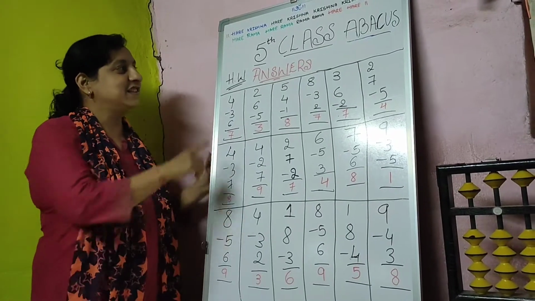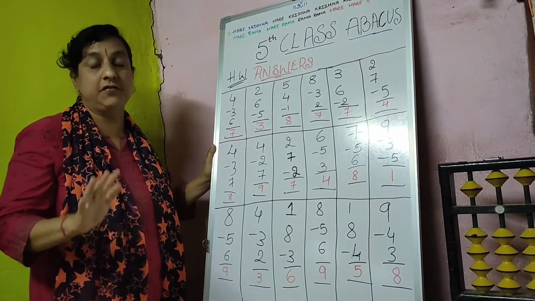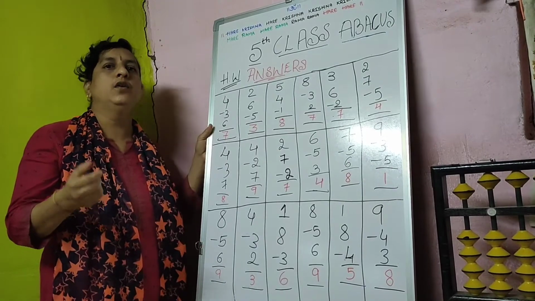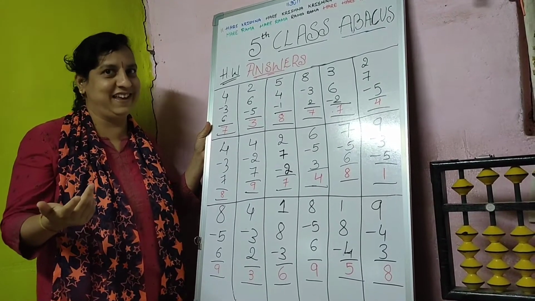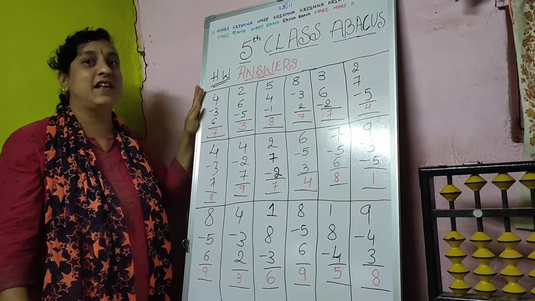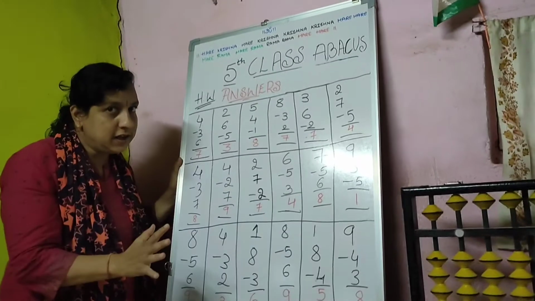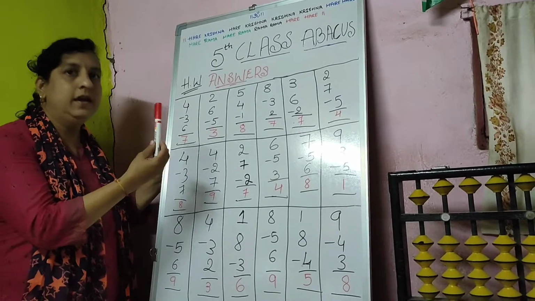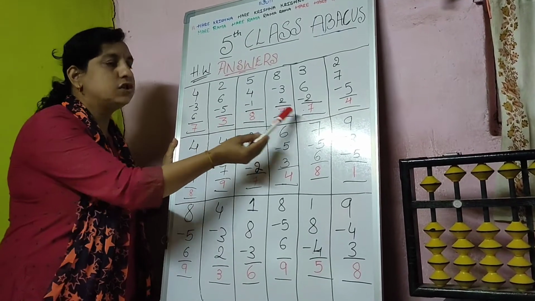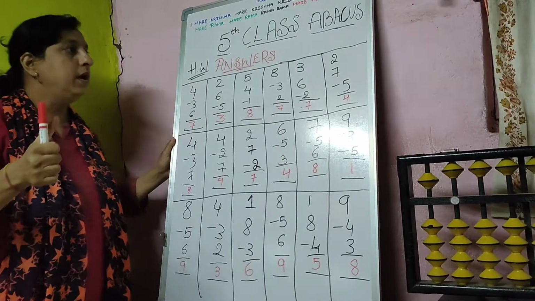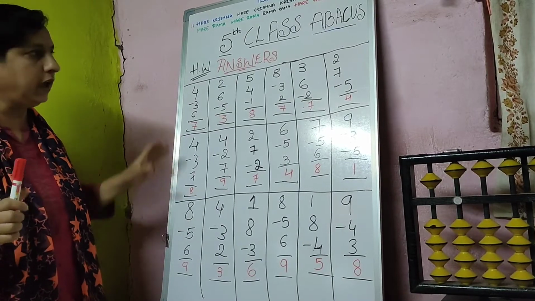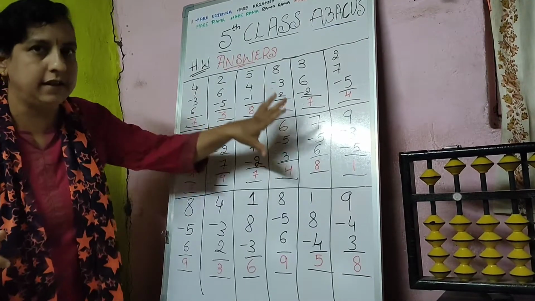बच्चों, लास्ट टाइम का होमवर्क है 5th क्लास। आज है 5th क्लास। मुझे थोड़ा लेट हो गया इस बार क्योंकि हमारे कैमरामैन बिजी थे और यहाँ पे आज 5th क्लास है। ये आपका होमवर्क था लास्ट टाइम का। ये आप वीडियो पॉज कर लीजिए और जो मैंने रेड मार्कर से लिखा हुआ है वो सभी होमवर्क है। आई होप दैट ऑल आंसर्स आर करेक्ट। ओके, पॉज द वीडियो and see the answers.